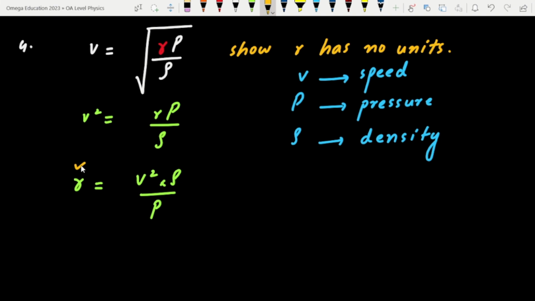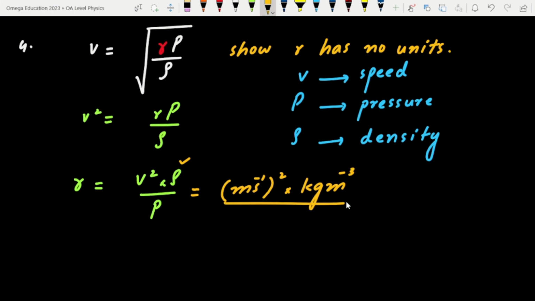This thing has to be proved that it has no units, so forget about this one. You insert the base units on the quantities on the right side. V stands for speed, so it would be meter per second, but squared, because you have v squared, multiplied by rho, the symbol for density. The SI units of density in terms of base units are kg m minus 3, divided by